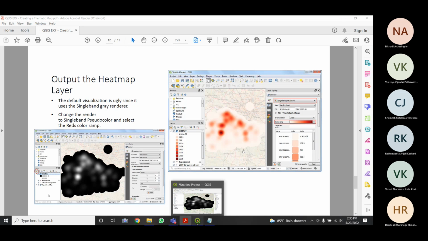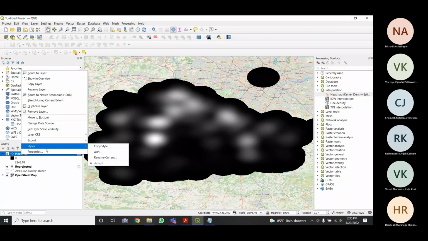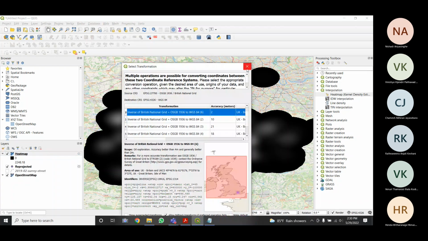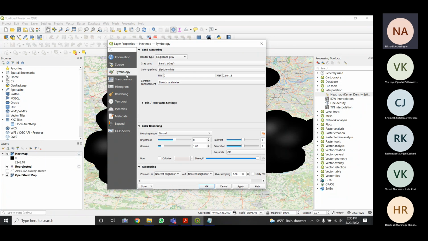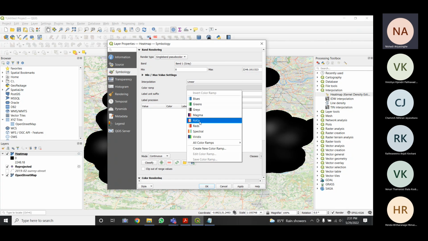So for that we have to go to styling. Under symbology, the single band gray is being selected. You can select single band pseudo color, and you can select a color ramp.